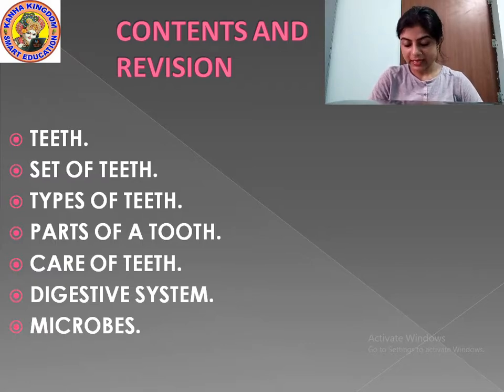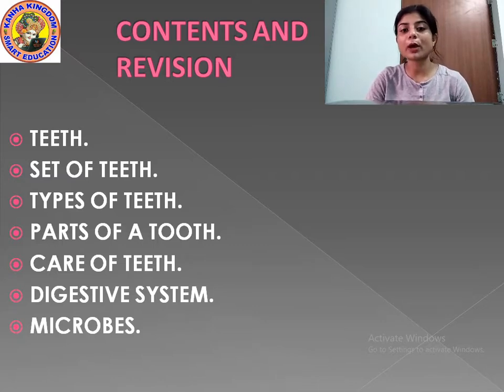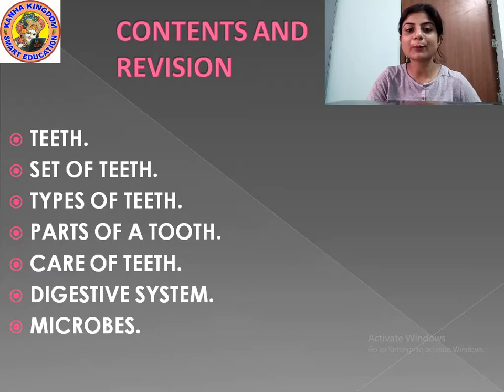And how many molars are there? There are altogether 12 molar teeth in our mouth, 6 in each jaw. You have 6 teeth in the upper jaw, 3 on both the right side and left side, and the same in the lower jaw, which help in grinding and chewing the food properly. With the help of premolars and molars, we can crush and grind our food properly.